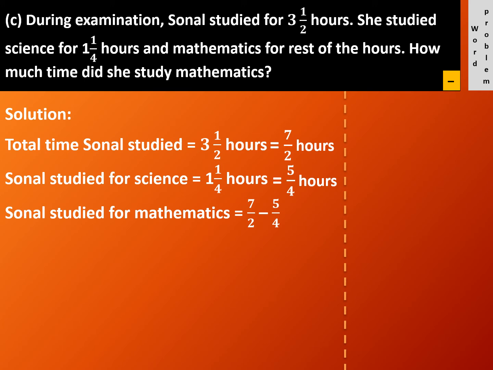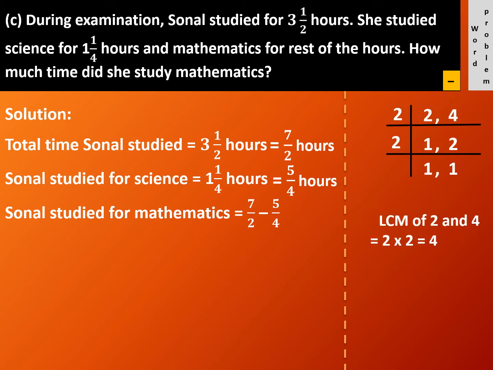To make the denominator same, we will convert them into like fractions. For this, we need to find the LCM of 2 and 4. As we see, the LCM of 2 and 4 is 4. So we have to bring 4 at the place of denominator. Our first fraction is 7 upon 2 and we want 4 at the place of denominator. So which digit will you multiply to bring 4 in the denominator? Yes, the answer is 2 because 2 2s are 4.